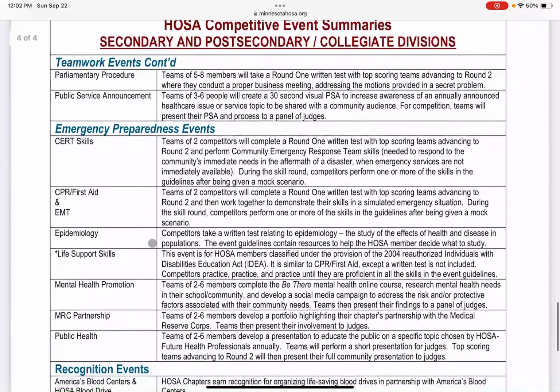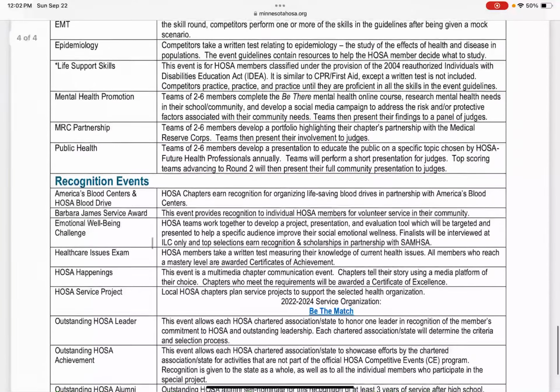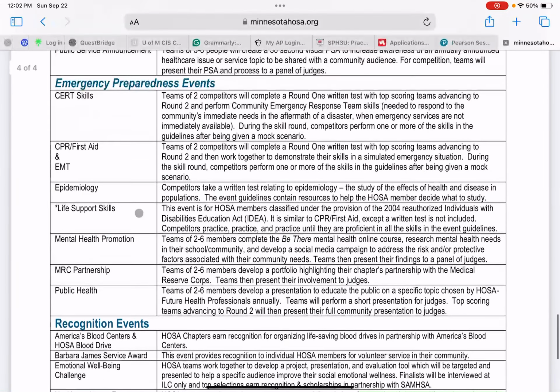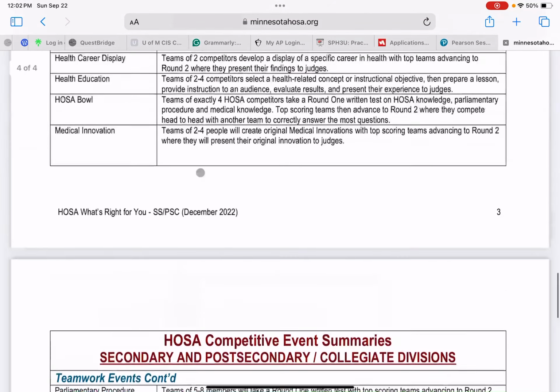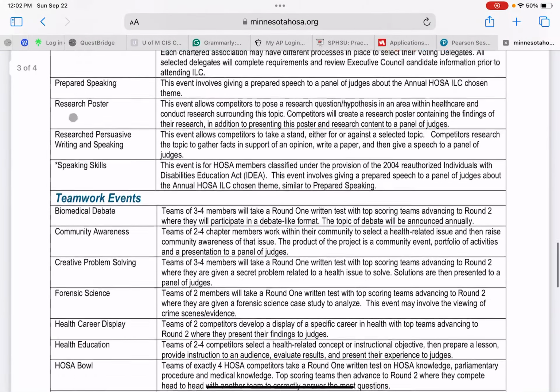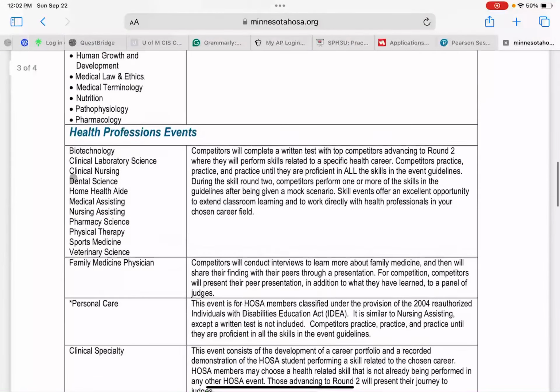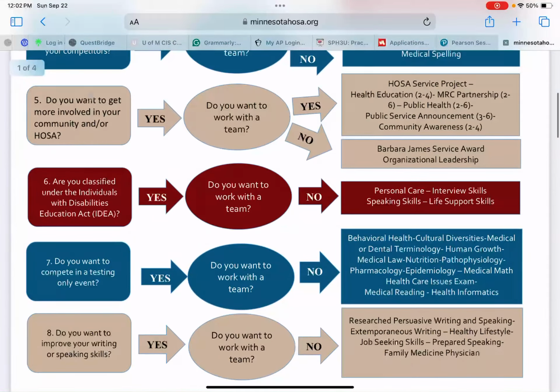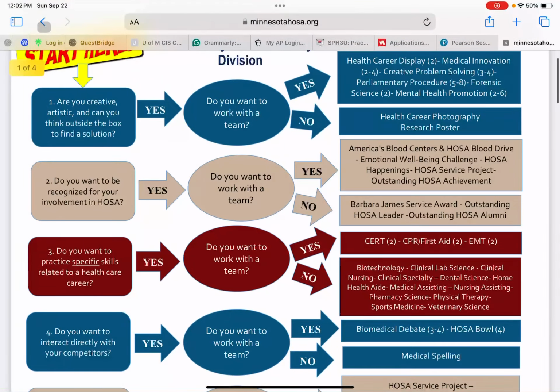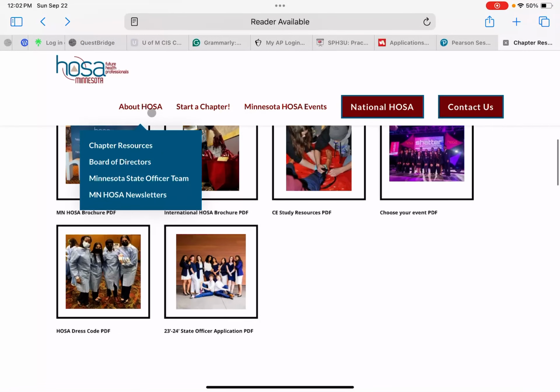So that's really great. And it's genuinely a great event. You have recognition events, emergency preparedness events, teamwork events continued, because there's a lot of teamwork events, and the list goes on and on. So I want everybody to really just take a look at this one here and grasp it as long as they can.